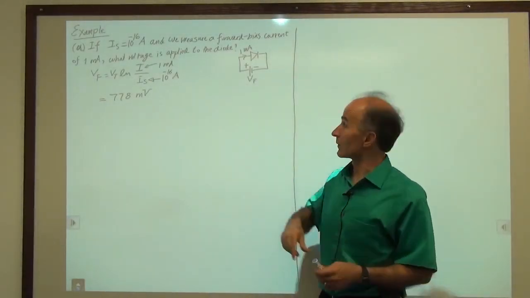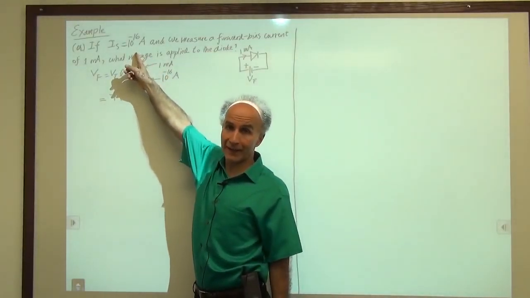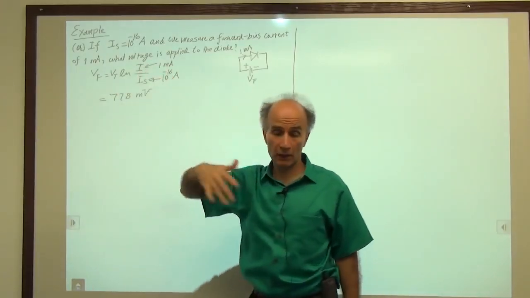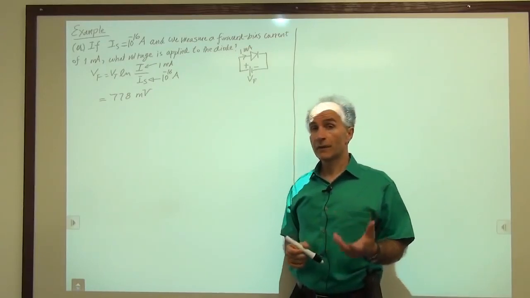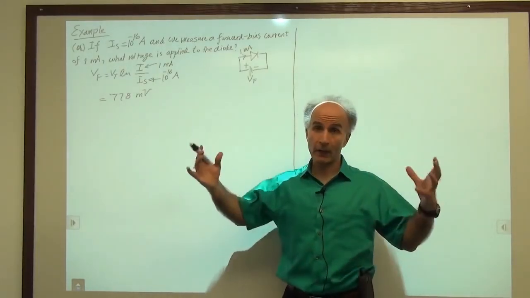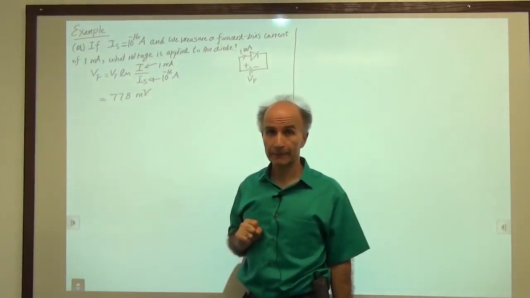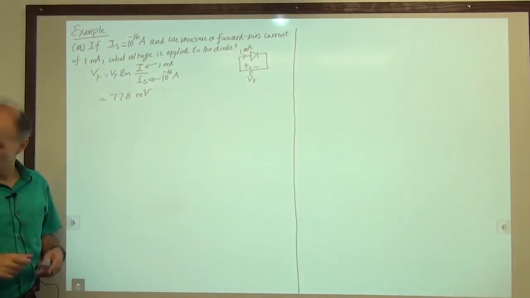All right, so that's the amount of voltage we need to apply to obtain that amount of current. These are typical values, 10 to the minus 16 or minus 17 amperes for IS of a diode, and a forward bias current of 1 milliamp. These are typical values that we see in most electronic devices, except when you go to, for example, high power applications where these currents are much, much larger than 1 milliamp. Very well. The second part of this question is,